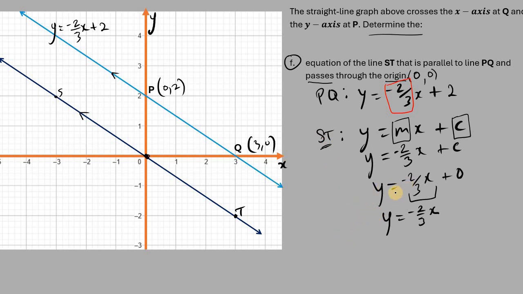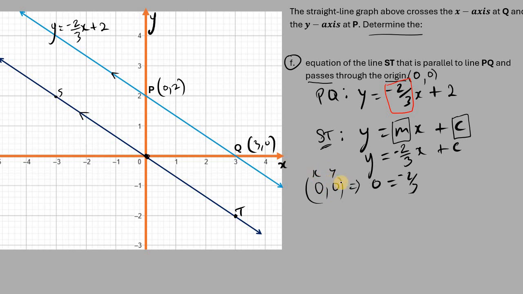Some person might get a little confused with that, saying, I don't see how we got 0. But I was just explaining, the graph cuts through the y-axis at 0. So C is 0. If you want to do it a different way, sure. Because it passes through this point 0, 0, then we can substitute 0, 0 into the equation that we have here to find C. Well, y is 0 in this case. So to pass through x and y means 0, 0. And x is also 0. And so we're going to try to find C. 0 is equal to, now what is 0 times negative